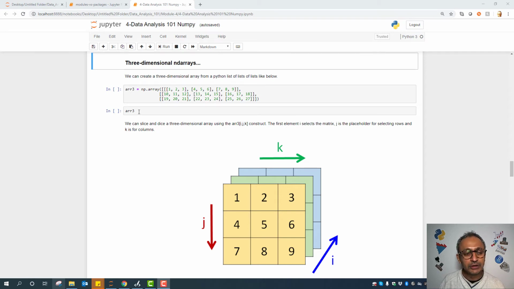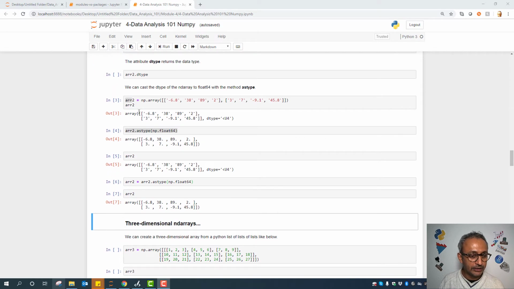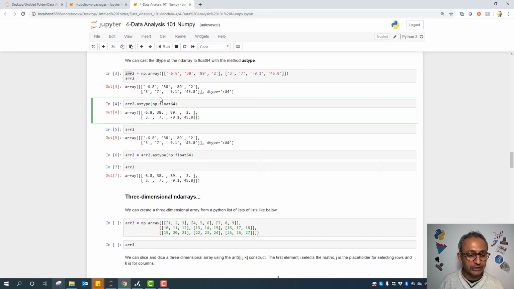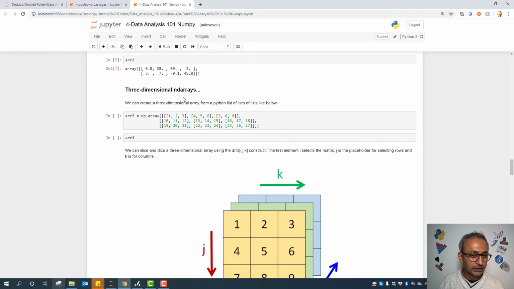Moving on to three-dimensional arrays. So I guess we're just going up in dimensions. Okay, so we just did two-dimensional arrays. Now we're going to work on three-dimensional arrays. Not that you're going to use that as much, in the sense that most of the time you're going to deal with 2D